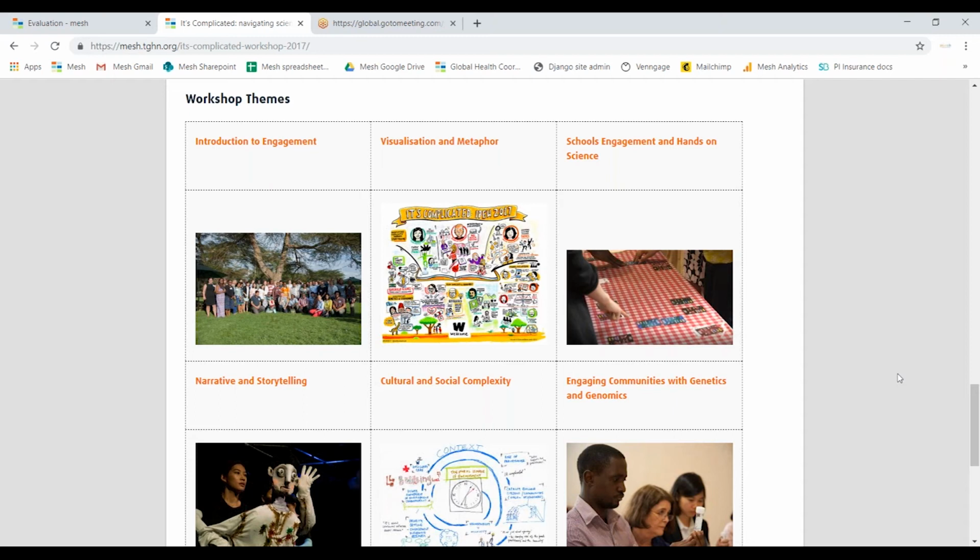So I should say that if you are holding an event or workshop, then do consider using Mesh as a pre and post event hosting area. You can put your meeting up on there, you can put the agenda, you can put your pre-reading and links to that, and you can even open a discussion group to allow your delegates or attendees to come on and discuss or network together prior to the meeting.